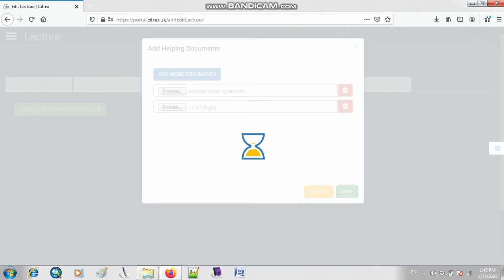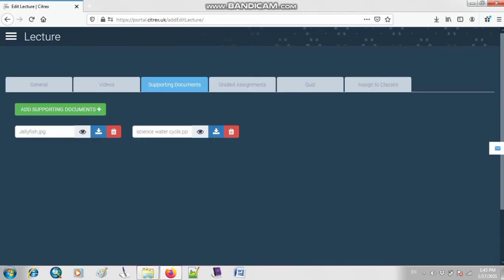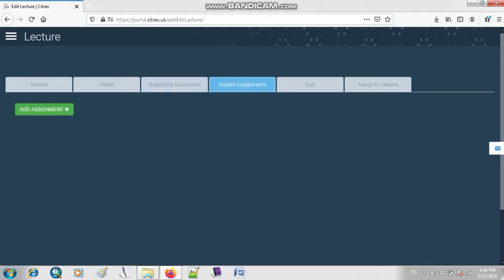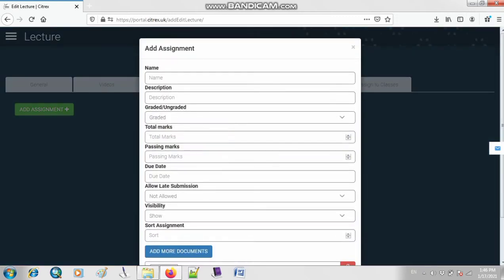and if you want to delete a file, then you can click on this option of delete and you can delete the file. See, my files are uploading. This one is your image and this is your PowerPoint file, and then here you can also give your graded assignment. Like for example, you can click on this option of add assignment and you have to fill this form. So here you just have to write the title of your assignment. Like I will type here, this is the plant cycle of animals.